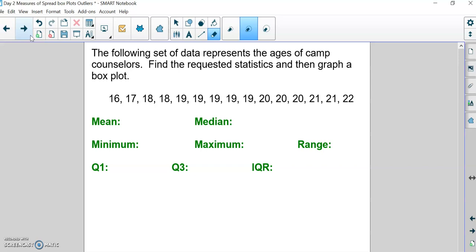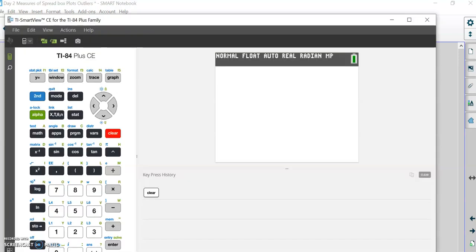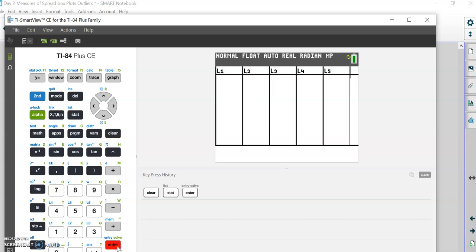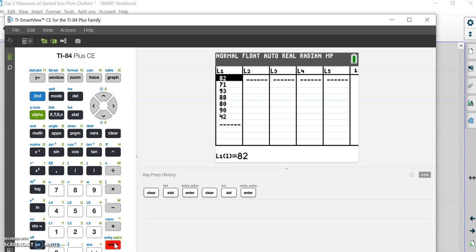So if you want to plug those values into your calculator while I do so, or you can pause the video and go back. So we're going to go to Edit. We're going to delete these out. And we're going to enter all of them in. So we have 16, 17,